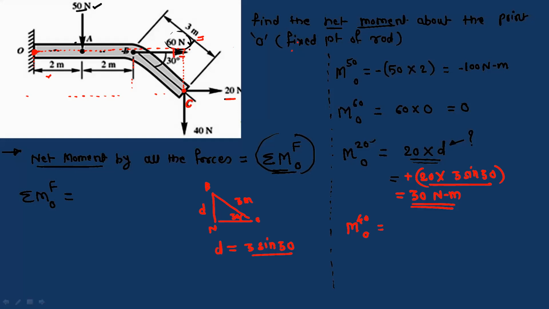Okay. Suppose this point is M. So up to point E, the distance is given, that is 2 plus 2, this is 4 meter. Okay. We have to add this EM distance. So finally, we will get the total distance from point O. Okay. So this EM distance we can find out by using a right angle triangle.